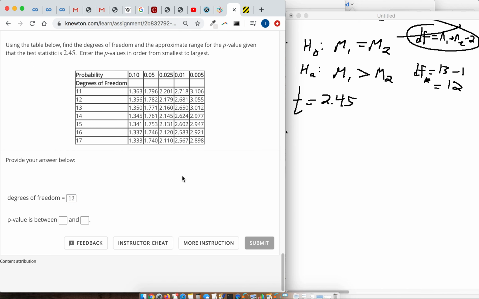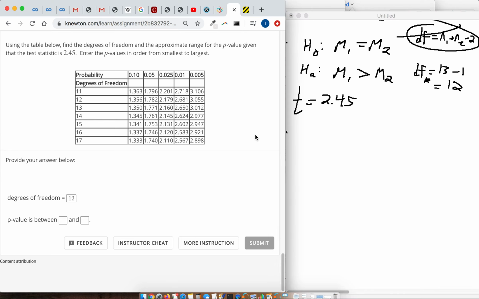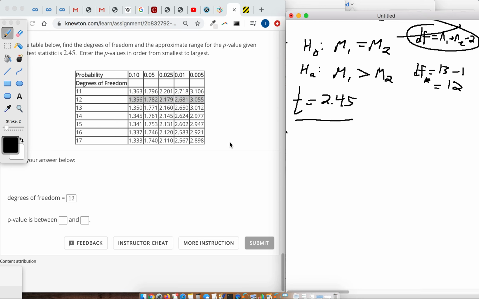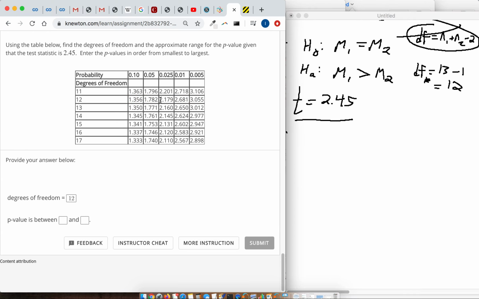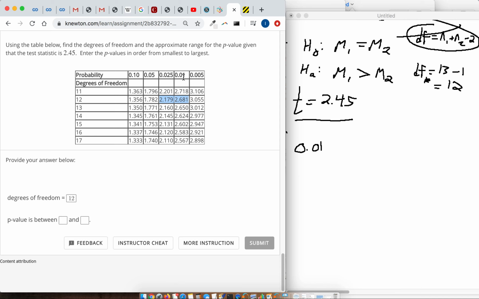Okay, so the p-value part can be a little tricky if you had trouble with p-values before. Reading the table is actually pretty straightforward, but it also depends on your null and alternative hypotheses. Degrees of freedom of 12 means we use this row that I've highlighted. We have our test statistic here of 2.45. So 2.45 is between 2.179 and 2.681. So that means our p-value is between 0.01, this number up here,